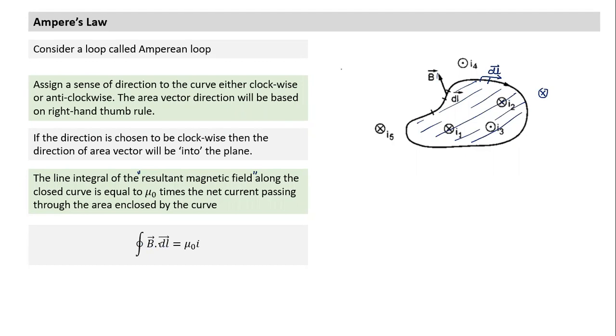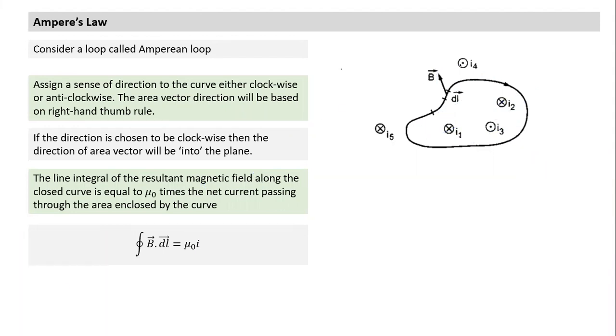What we notice here is a line integral, not a surface integral. It's a line integral of the magnetic field along the dl vector, and we can choose whichever direction we want as positive: clockwise or anti-clockwise. Depending on clockwise or anti-clockwise, the positive sign of the area vector will also change. So the closed line integral of B dot dl is equal to mu naught I, the net current. What is the meaning of net current here? It is the current enclosed. What are the currents here? Let's look at how many current elements are seen here.